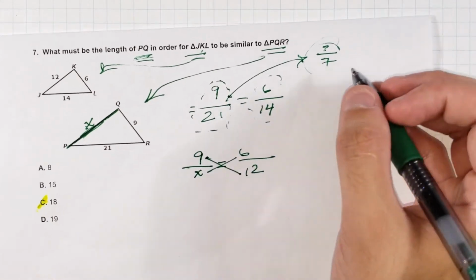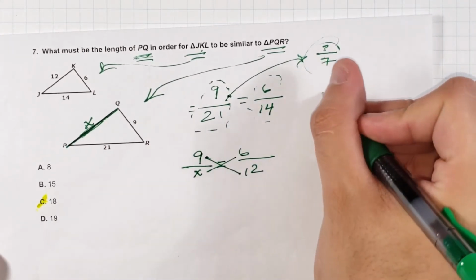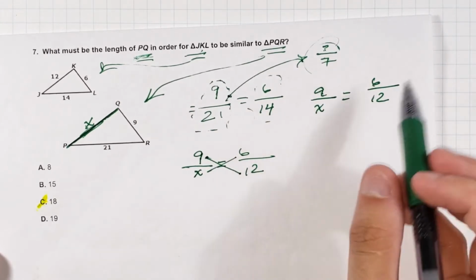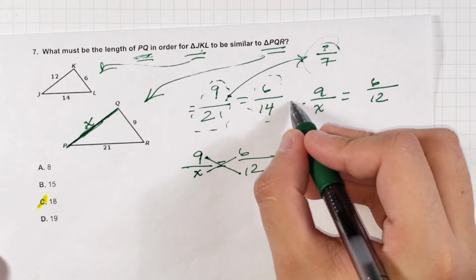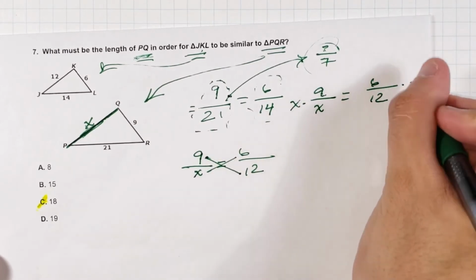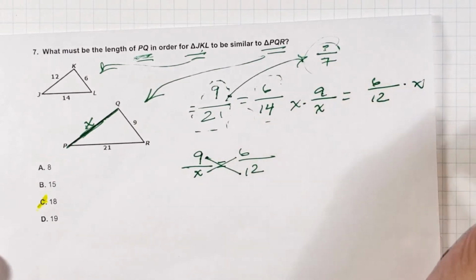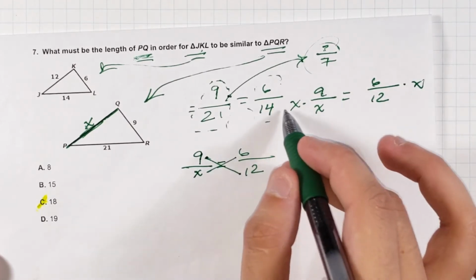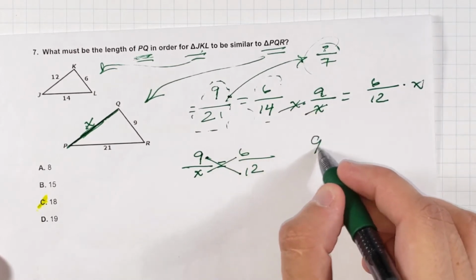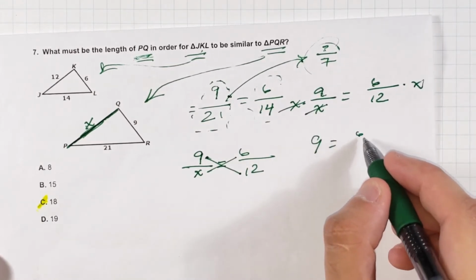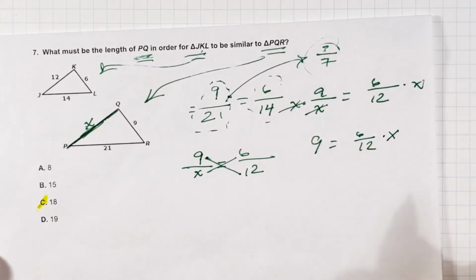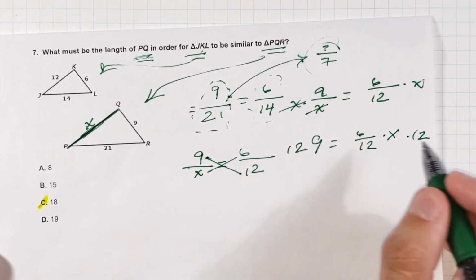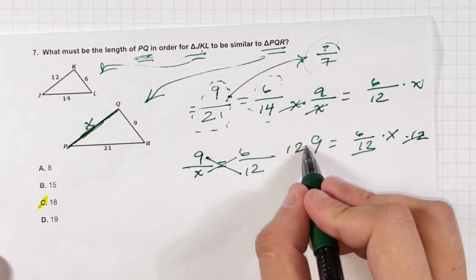Then you multiply. Okay, so for those of you who maybe forgot what I'm doing here: when you have something like 9 over x equal to 6 over 12, what you want to do is get rid of these fractions, right? So you multiply both sides of the equation by x, we'll go one step at a time. When you multiply both sides of the equation by x, these x's cancel, right? And you get 9 is equal to 6 over 12 times x. And then you want to get rid of this bottom 12, so you multiply both sides of the equation by 12 now. And then these 12s cancel, and you'll get 12 times 9,